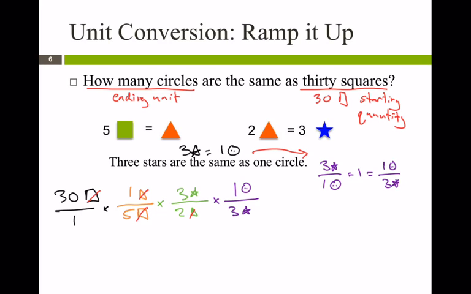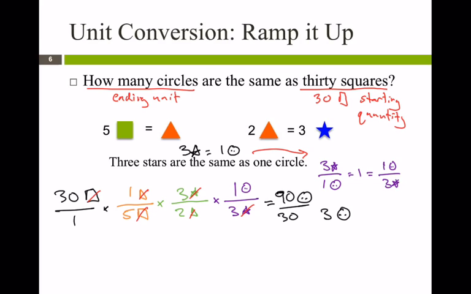If we go through all this, we make sure that all of our units cancel out. We can look carefully through all of our units, and we see that the only units we're left with on the top is circles. And we have 30 times 3, so that's 90. On the bottom, we have 5 times 2 times 3, so that's 10 times 3 is 30, no units. We can simplify that down, and we end up with 3